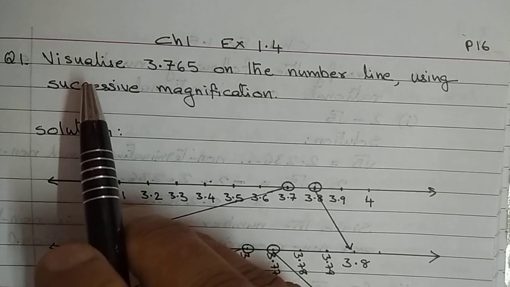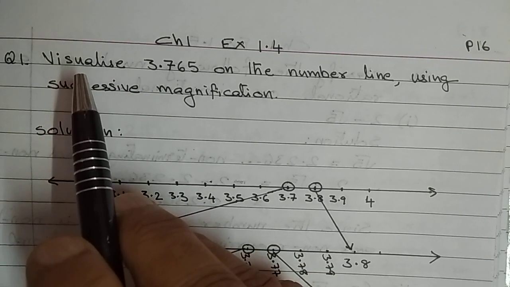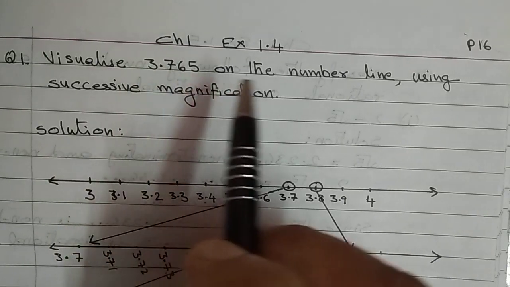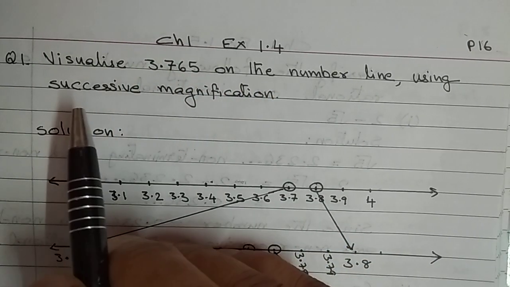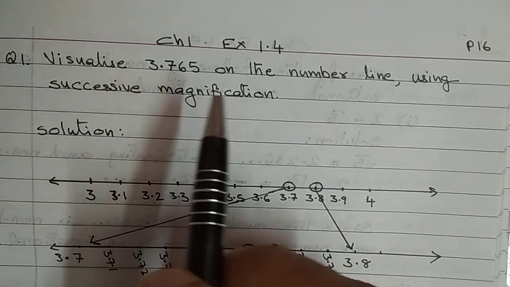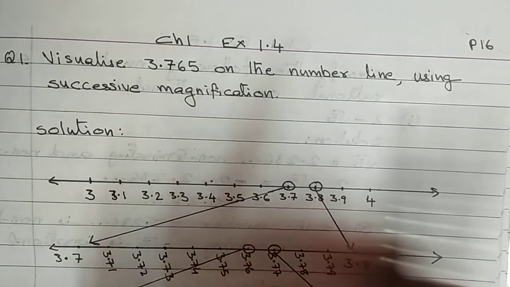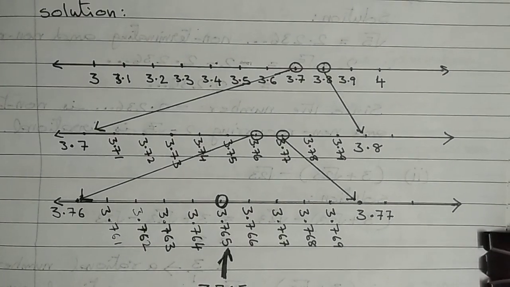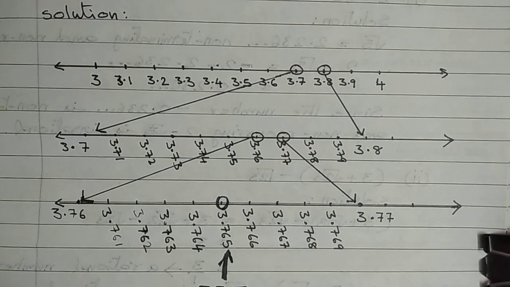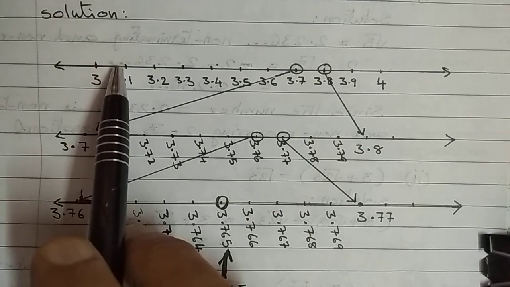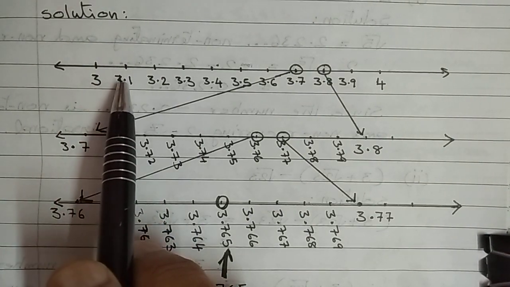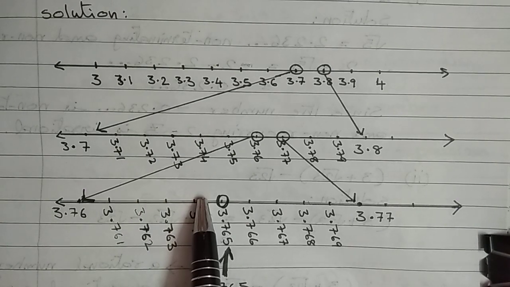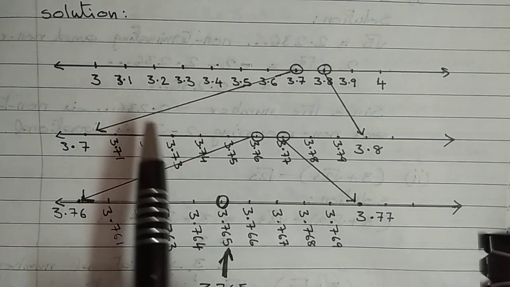Dear students, in this video we are going to visualize 3.765 on the number line using successive magnification. There are three decimal places to be shown on the number line, so we will draw three number lines and mark 11